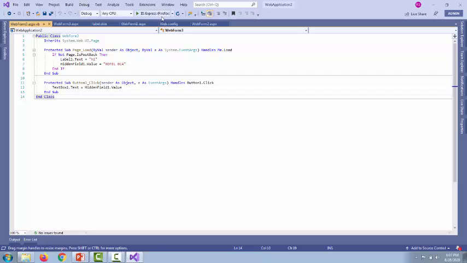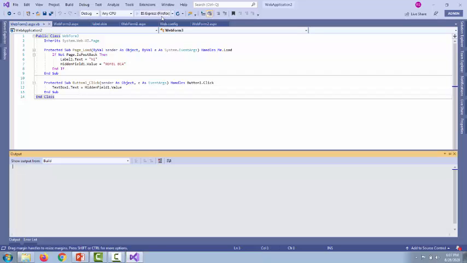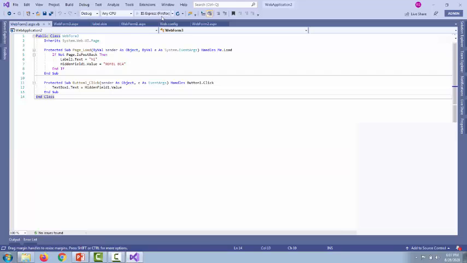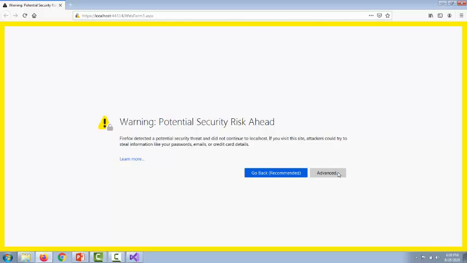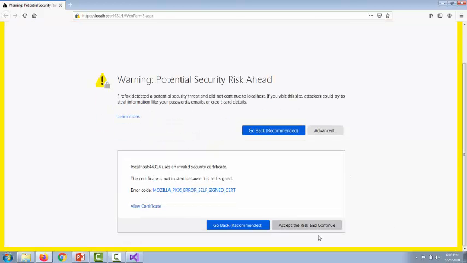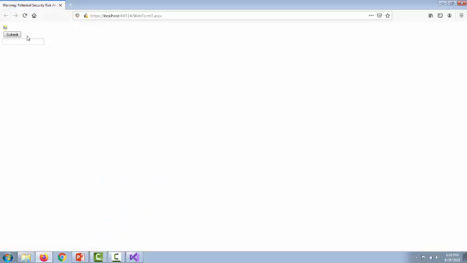Now let us run this particular program so we can clearly understand what is happening here. When this text box gets the value, it will get the value from the hidden field, and on the button click it will display the value of the hidden field in a text box control.